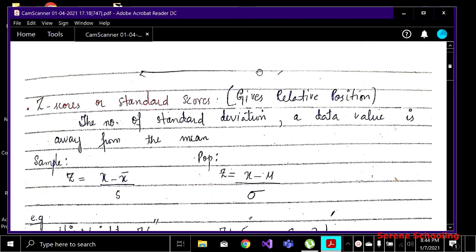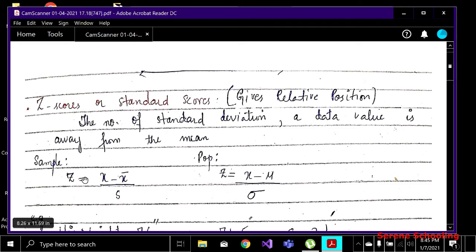But here in this case, what is z-scores or standard scores? It is the number of standard deviations our data value is away from the mean. It tells us the number of standard deviations and not the average distance, but some particular number that your data value is this far from the mean, and that number is the standard deviation number. So z-scores or standard scores tell us that in this many standard deviations your data value is from the mean, and the prerequisite is that you must know what standard deviation is from the last video.